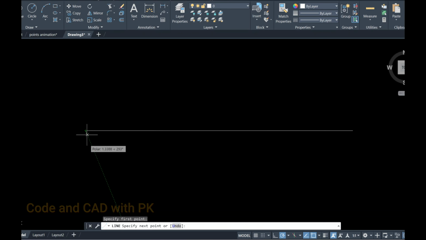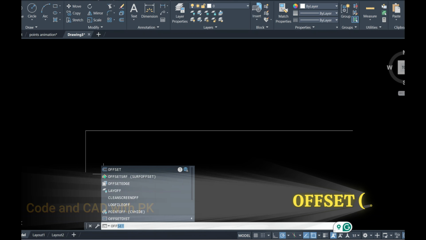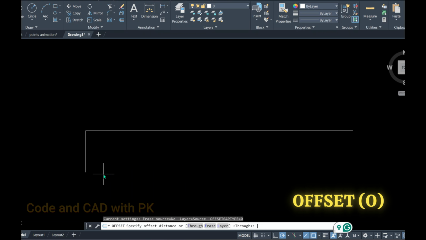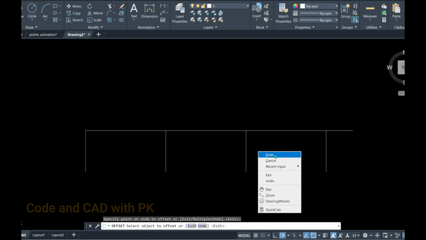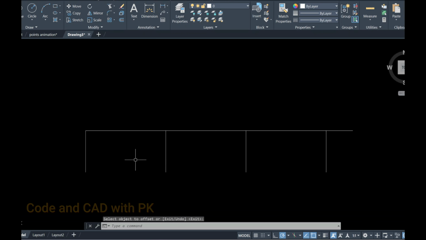Now draw one line for my convenience. Okay, I will explain to you. Offset, enter. Distance 30, enter. See, 30 for my choice. You will maintain your own choice. Okay,